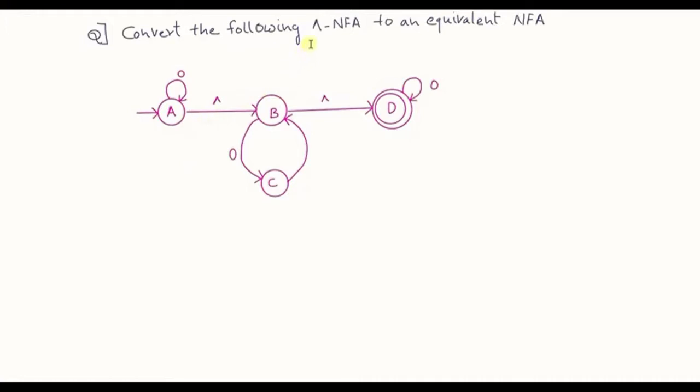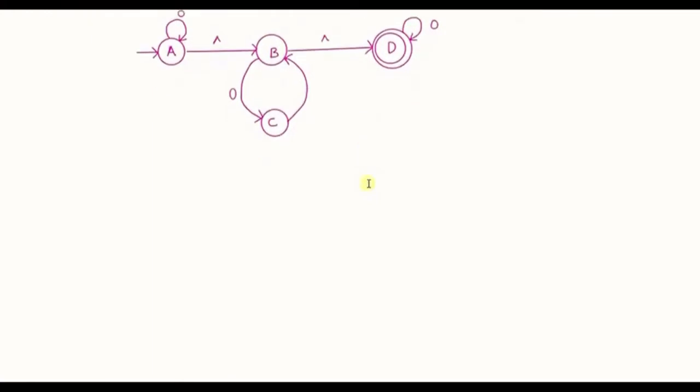Now if you can remember the procedure that I had given in the last lecture, one thing is very sure: the resultant NFA that we are going to draw will have the same states as that of the current null NFA. So the NFA that we are going to design will also have only 4 states, A, B, C and D. Now it may not so happen that only D will be the final state over there, because there might be some more final states also. We shall see it. So whenever such a problem is given, how to solve the problem? Let's start.